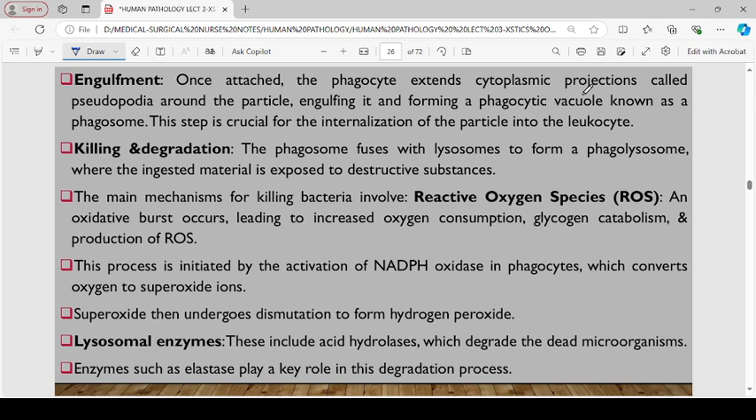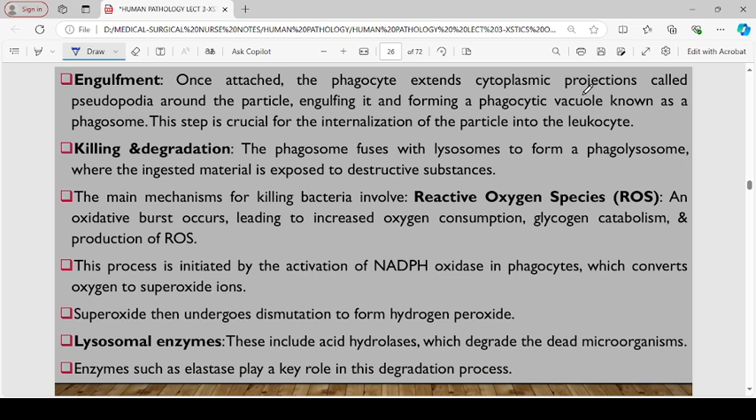engulfment. Here the phagocyte extends cytoplasmic projections called pseudopodia around the particle, engulfing it and forming a phagocytic vacuole known as the phagosome. This step is very crucial for internalization of the particles into the leukocyte. Then we come now to killing and degranulation. The phagosome will fuse with the lysosomes to form a phagolysosome, where the ingested material is exposed to destructive